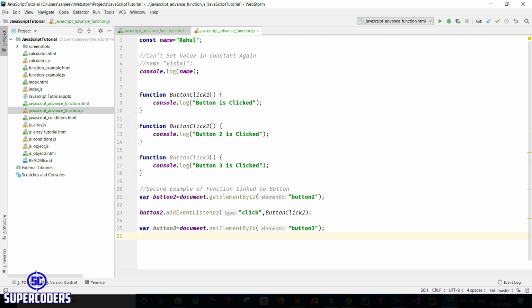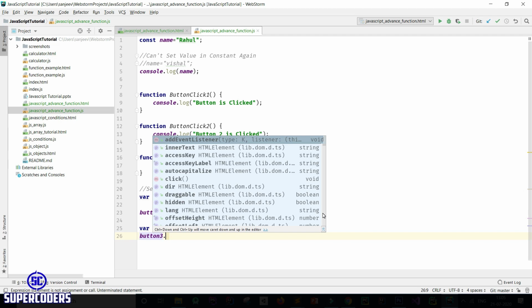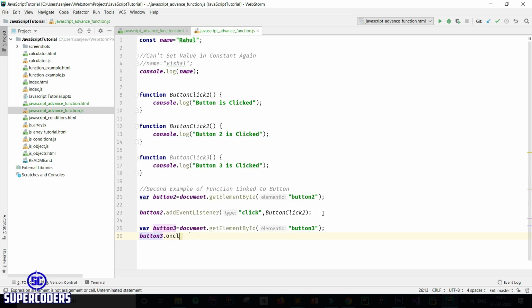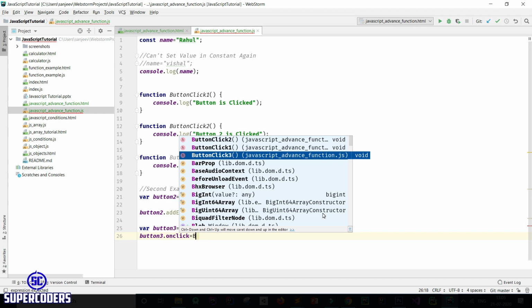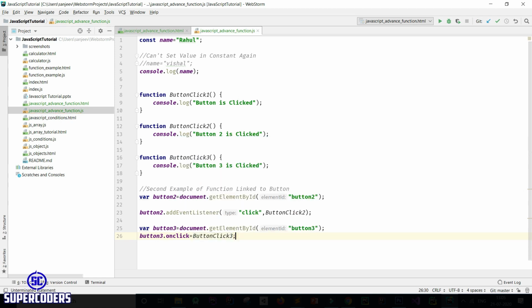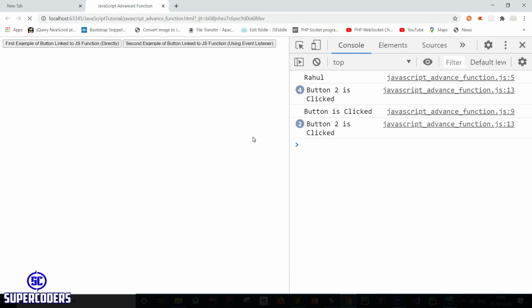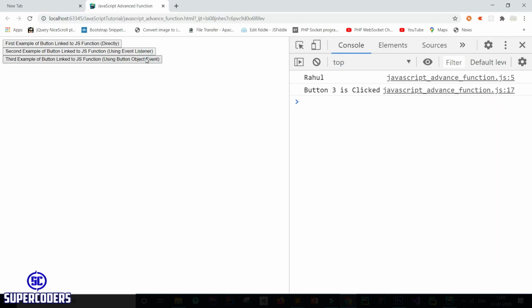Now here, button3.onclick equal to... Now let's see what happens if I run, and you can see this is also working. So this is the third example of linking a button to a JavaScript function.